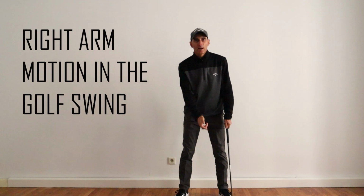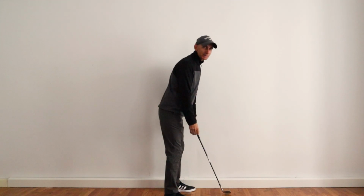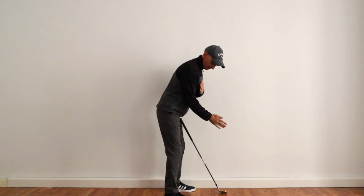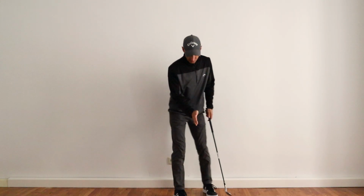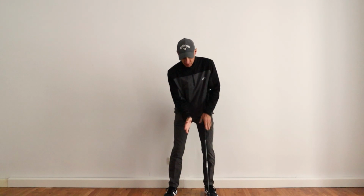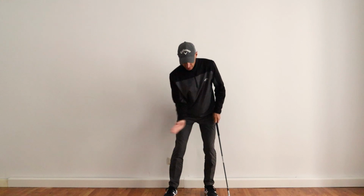Okay guys, we're going to have a look at how the right elbow works in this video. So when we start, we always want to have a bit of bend in that right arm. The elbow is going to point to my right hip, a little bit of bend in here. I always want to have that feeling with the right arm that I'm bent in the elbow, bent in the wrist. That allows me to get the feeling that I'm going to come back in here and create some